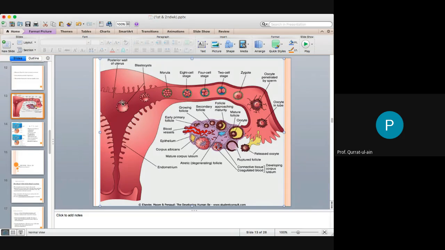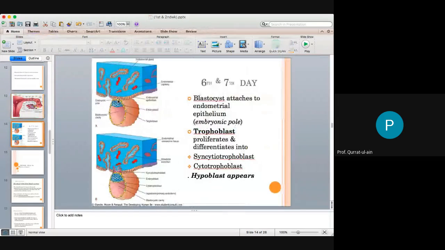This embryonic pole, or embryonic end, will attach to the endometrium, and this will cause proliferation of the trophoblast at this end. The proliferation of trophoblast at this end will create finger-like extensions of cells, and these are syncytiotrophoblasts. And now the other trophoblastic cells will be named cytotrophoblast. Likewise, embryoblast cells will show a flattened inner layer of cells, which is the hypoblast. This syncytiotrophoblast is initially on one side. It will grow all